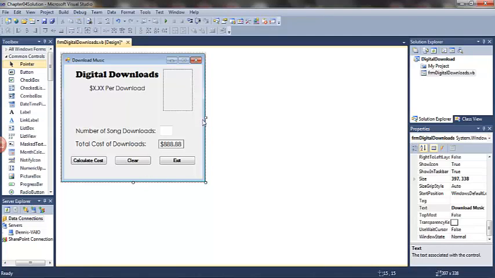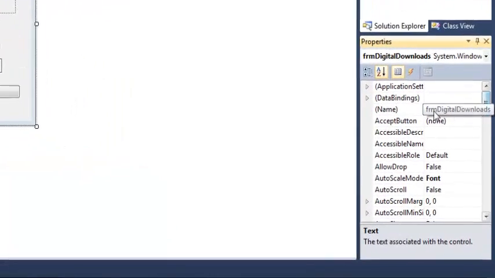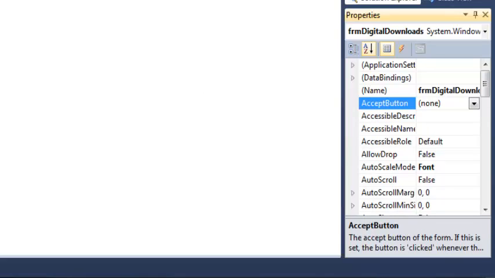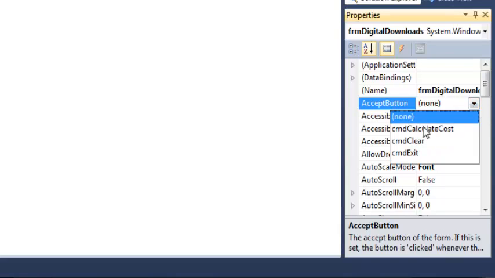Next, we're going to set a couple of form properties. Make sure the form is selected. Now that we've added some buttons to our form, a couple of user-friendly properties I want to talk about. The accept button property is a command button on your form that will automatically be clicked not by the mouse pointing at it and clicking, but by the user hitting the enter key on the keyboard. Notice that we have a drop-down list for our accept button property, and the drop-down list includes the 3